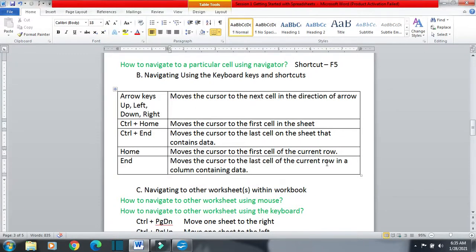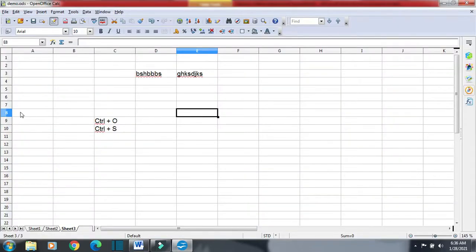You can see the last cell in the current row in the column containing data. Suppose we are here, then End. So the current row, this one is the current row, and the last cell that contains data in the column.